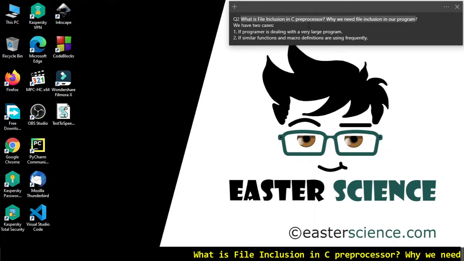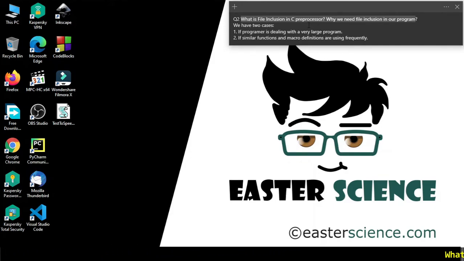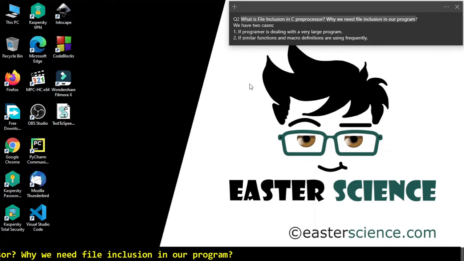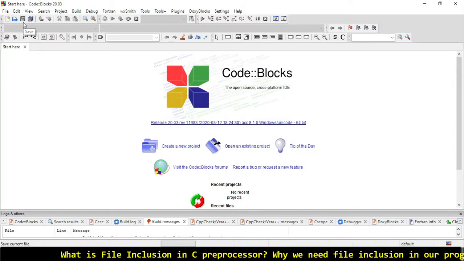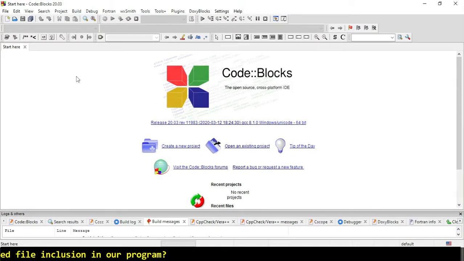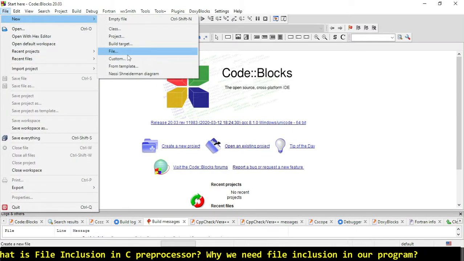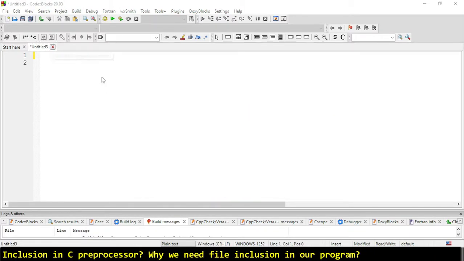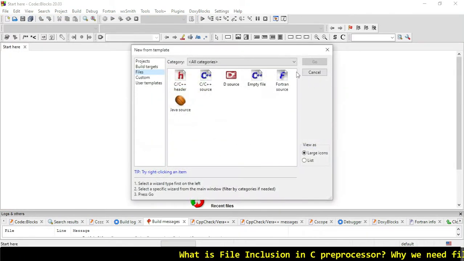larger programs. As you can see, we have two cases. In the first case, if I am a programmer and I have a large program, I will convert my larger program into smaller ones, and then we will merge them into a single program.